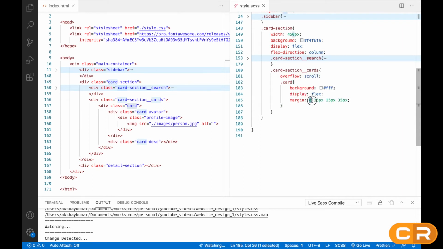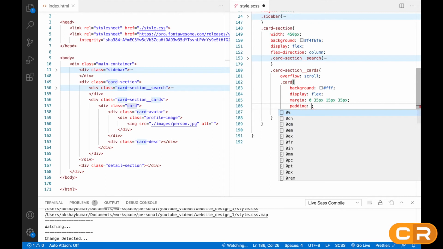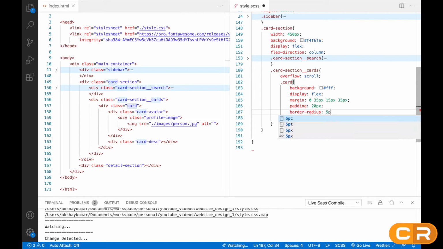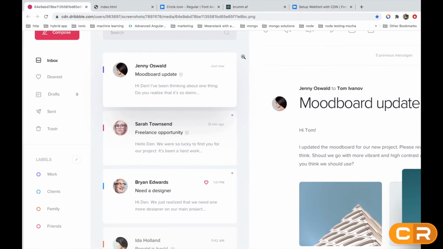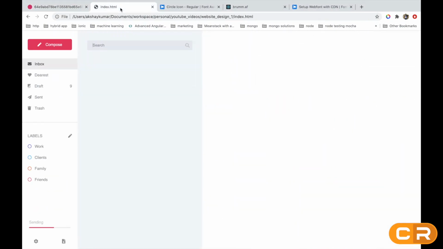The first value is always top, then this is right, then this is bottom, and this is left. Here we'll give some padding also, that will be 20px, border radius. Okay, these corners are round, so we have to give this border radius 5px. Okay, we'll just see this.